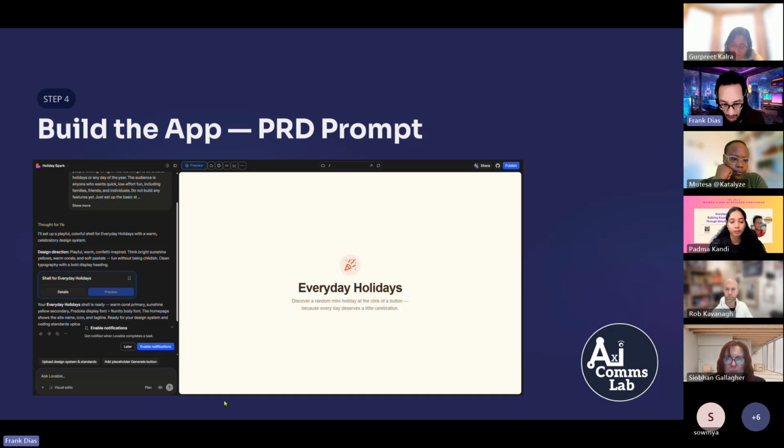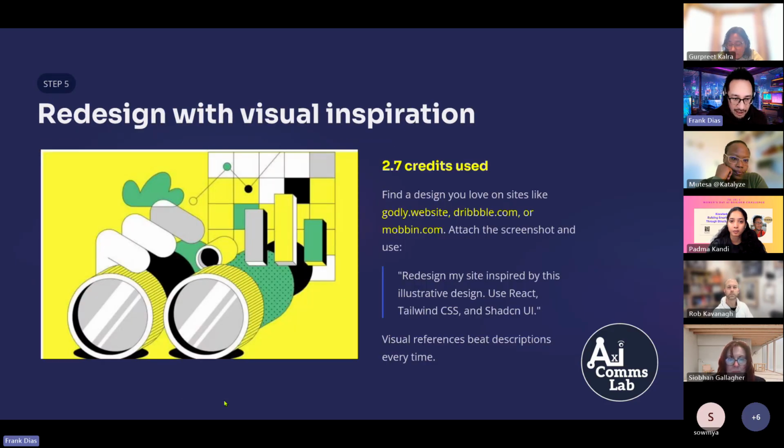What I'm going to do now is show you that I want to change my boring vanilla style into something else. So I'm going to use this example whereby I'm taking this visual inspiration to convert my site, which as you saw was the plain vanilla site, into something inspired by this diagram.